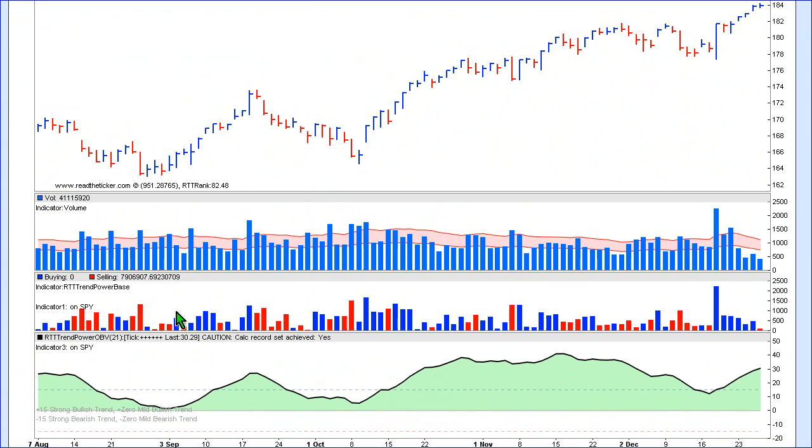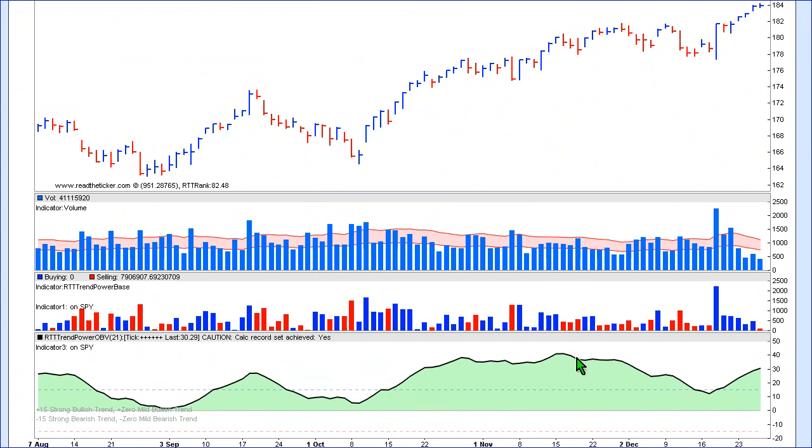We have this indicator that I've purpose built for the RTTTrendPowerOBV understanding. It's the RTTTrendPower base. This is what the volume looks like that goes into the indicator. So you see standard volume up here, but the volume is converted into this format for the RTTTrendPowerOBV. Now it's important to understand it's not the only ingredient. There are other ingredients, so it's not a perfect one-to-one movement measurement tool, but it is a